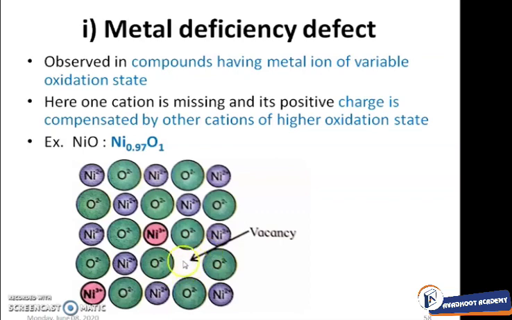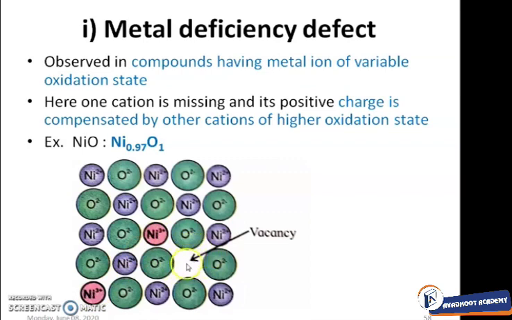So two positive charges should be here in order to have electrical neutrality. These two positive charges are compensated by these two Ni3+ cations. Altogether these two cations have two positive charges extra that will compensate